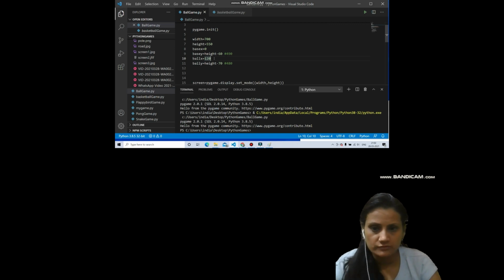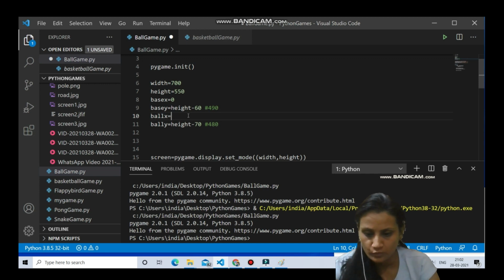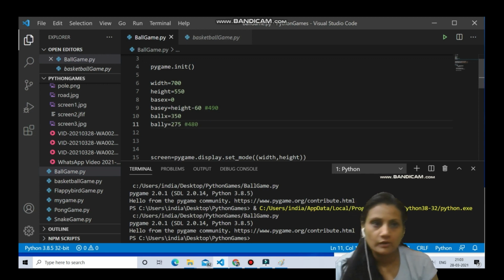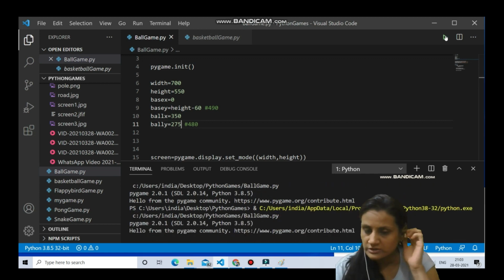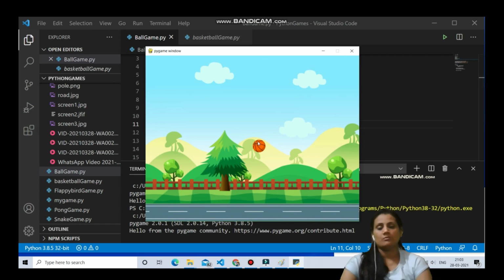I'm making a little change, which actually we decided ball x as 120 and ball y should be height minus 70, which is actually 480. But now, just to explain to you, I'm taking kind of a middle. So x I'm taking as suppose 350, and y coordinate to be 275, around the middle. Now let's see, and this is going to tell you the coordinates. The ball will be shifted here. See here, the ball is here.